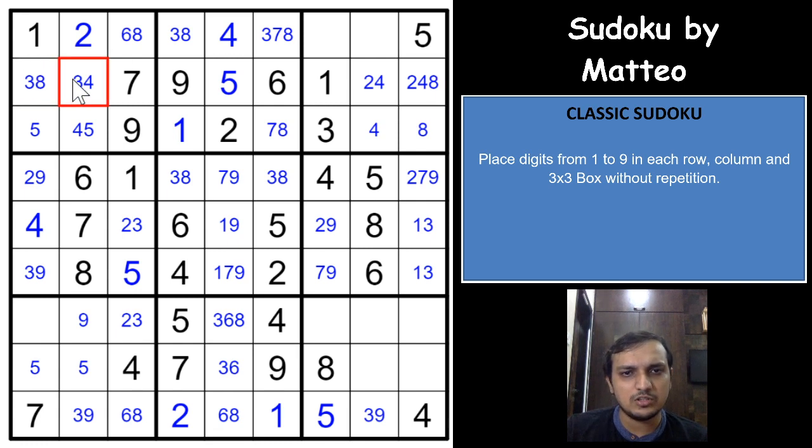So we have already marked all the possible digits here. This cell would have to be 1, 2, 3 is not possible, 4, 5, only 4, 5 here, so 1, 2, 3, 4, 5, 6, 8, right? 4 is not possible, 5, 6, 8, so 5, 6 and 8. I don't see anything much here. If you see column 7, 2, 7, 9 and 6 are the remaining digits, 2, 6, 7, 9, right? So this would have to be 2, 6, 7 and 9, and this would have to be 6, 7 and 9.